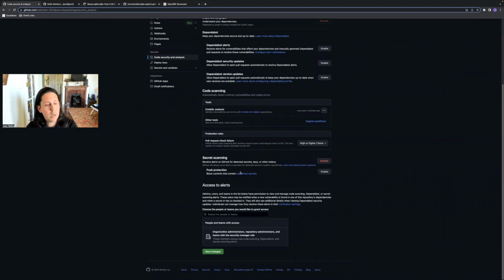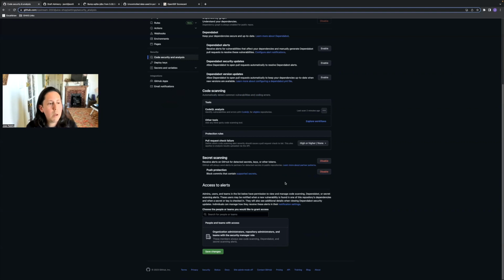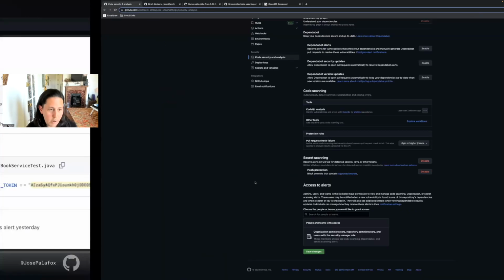So these could be Azure API keys or AWS API keys or Artifactory tokens or something like that, that they may accidentally copy and paste into their code when they should be properly obfuscating that in something like Azure Vault or HashiCorp Vault. If we identify these tokens using this feature called push protection, which I'll also enable here, it will actually block that commit from coming into GitHub, and the developer will be met with a standard out from